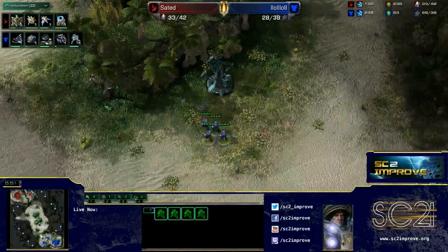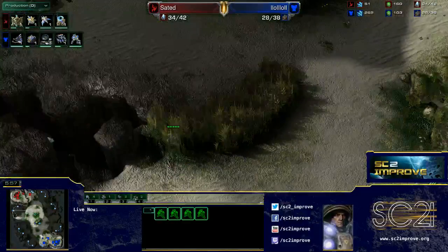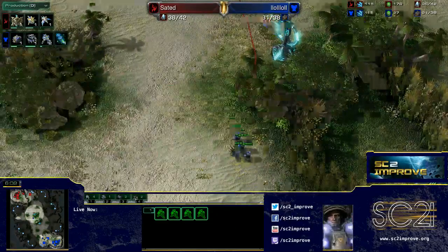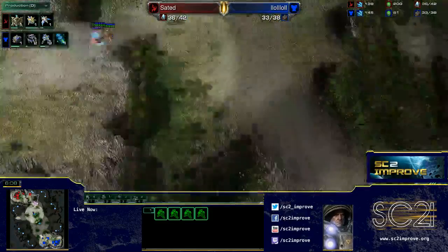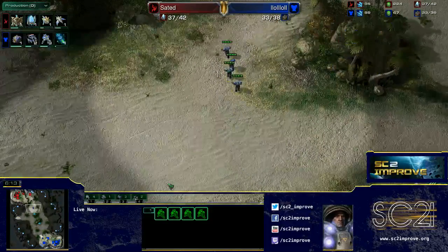There's no stalkers out on the map, so he might be able to recognize this and make something happen with it. This SCV kind of hidden over to the left hand side. He's actually going to even take out his opponent's tower, and he's going to go straight up his opponent's ramp too. So a very bold move from llollloll, something I wouldn't really recommend, because